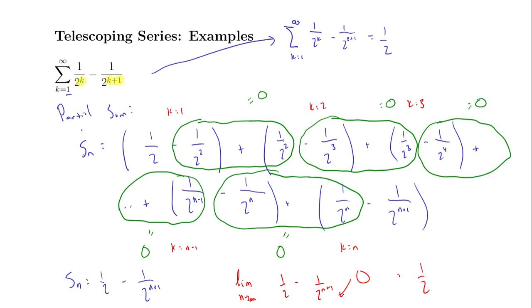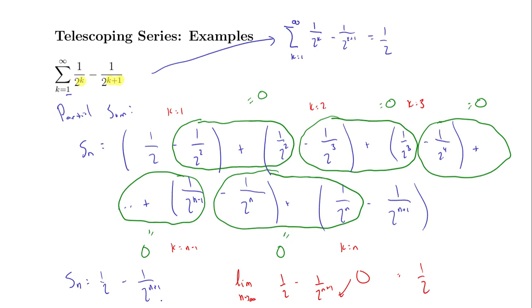Now, if this was 1 over 2 to the k minus 1 over 2 to the k plus 2, then we might notice that it wouldn't be necessarily adjacent terms that would match up and cancel out. And so sometimes we have to be really careful with writing this out fully and seeing what terms are left over. You'll also notice that the form of this was really important because this last term that we were left with, this 1 over 2 to the n plus 1, that was the part that really impacted whether our limit